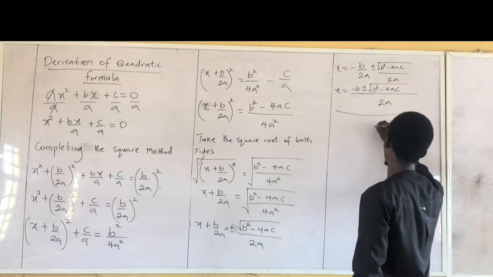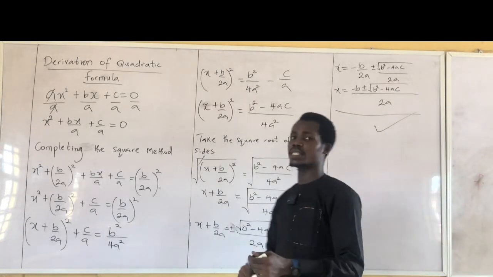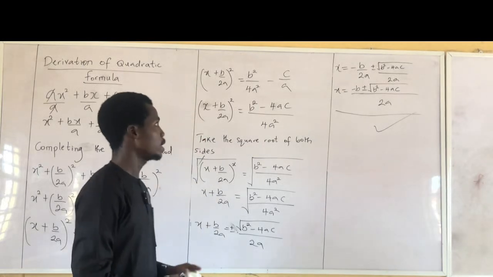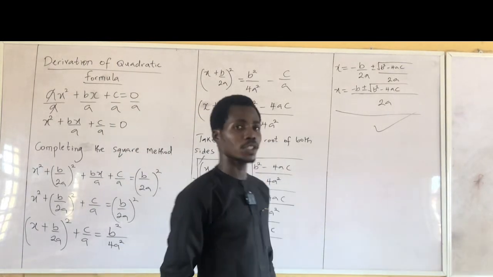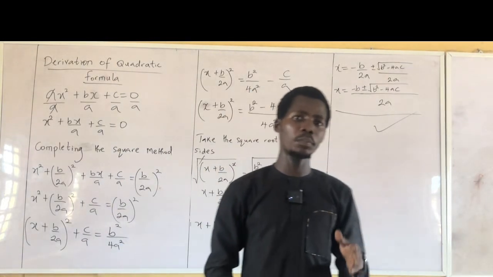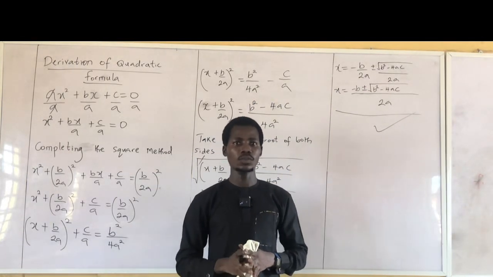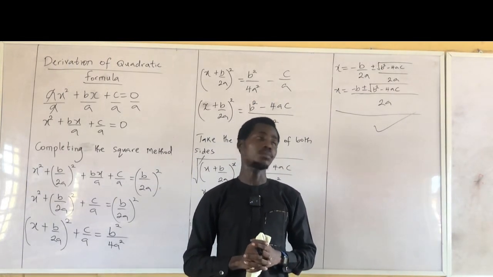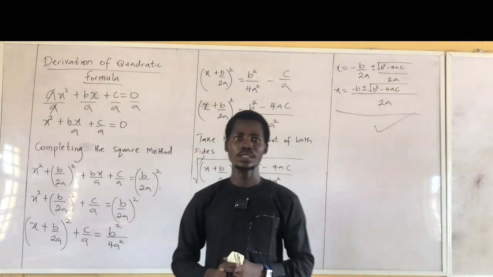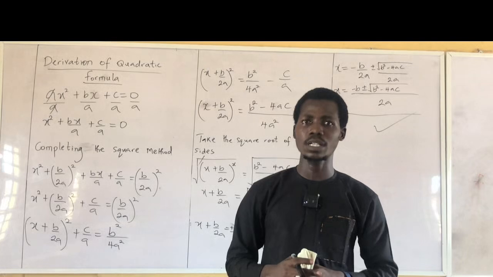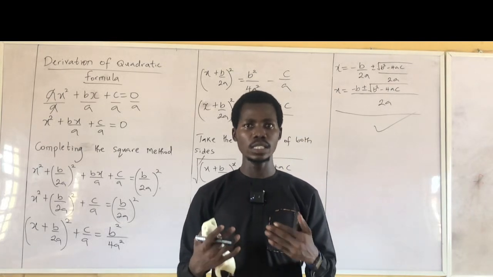This is your almighty formula, or your quadratic equation formula. This is how we derive that equation that says x equals minus b plus or minus the square root of b squared minus 4ac over 2a. I hope this helps you a lot. All right, try and solve over and over at least 5 times. Get yourself familiar with it, and trust me,